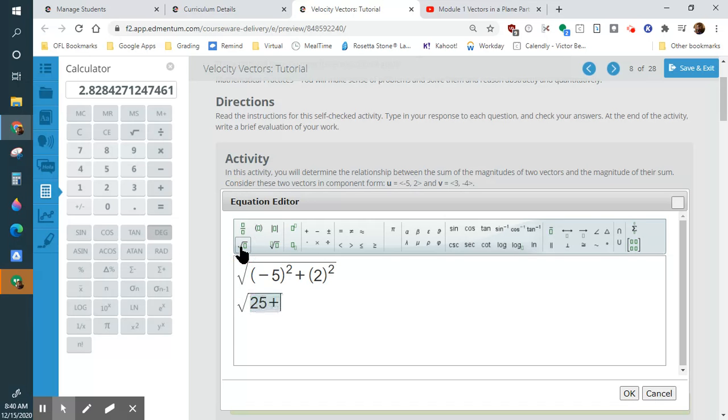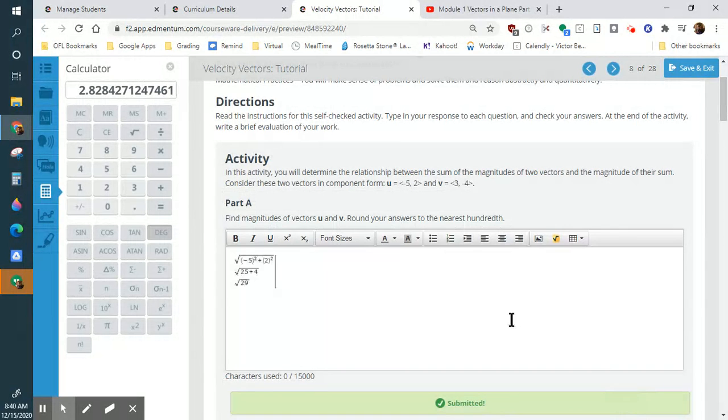Again, it's 25 plus 4. Again, 29. So that's our answer. Well, not our answer yet because they want us to do the decimal. So do this, do that, and you get about 5.39